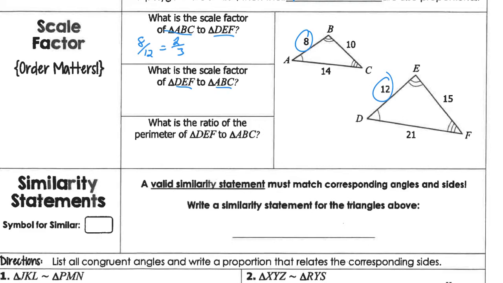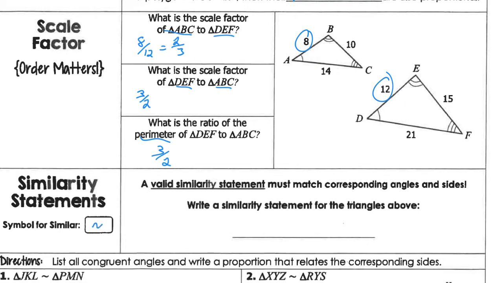And the order does matter, so if they say DEF to ABC, we simply switch the order of the scale factor. And the perimeter has the same ratio as the scale factor, so in this case it'll just be 3 to 2. A similarity statement just says this thing is similar to that thing,